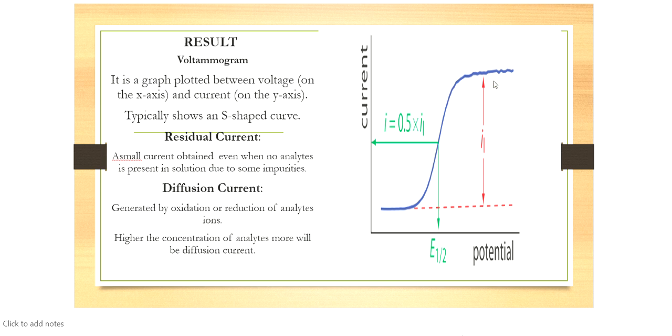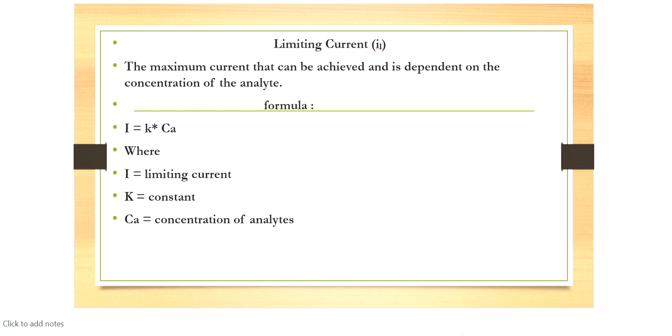And this is the limiting current, the maximum current that can be achieved, and it is dependent on the concentration of the analyte. All these currents basically depend on the concentration of analytes. The formula for calculating the limiting current is I = K × Ca, where I is the limiting current, K is the constant, and Ca is the concentration of analytes. So here we clearly see that the concentration of analyte is directly proportional to the current generated due to these analytes. Now there are many applications in industrial as well as